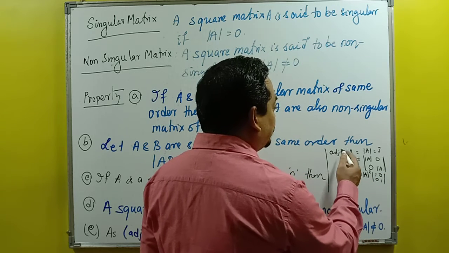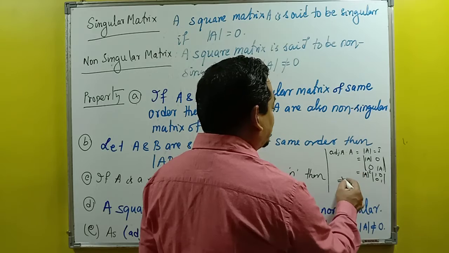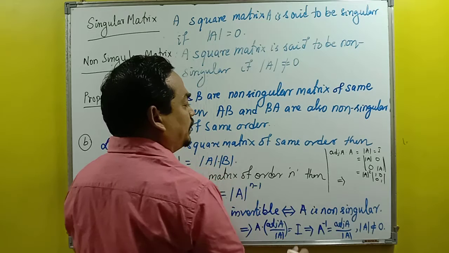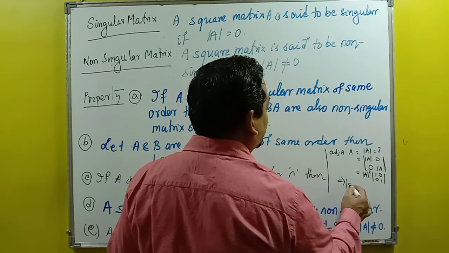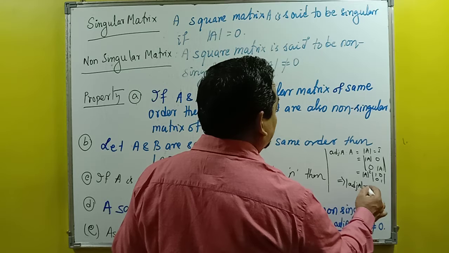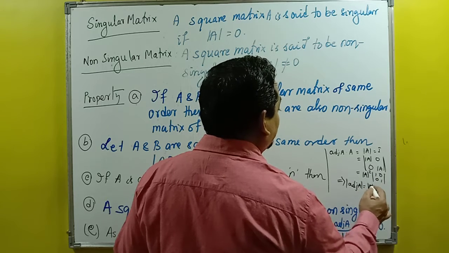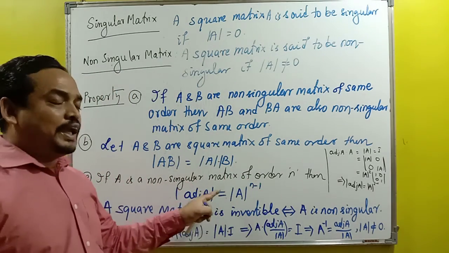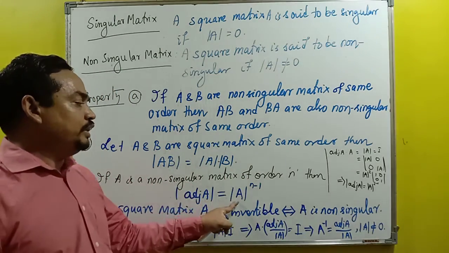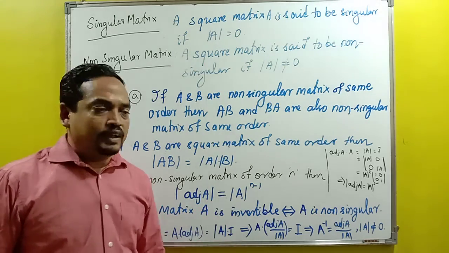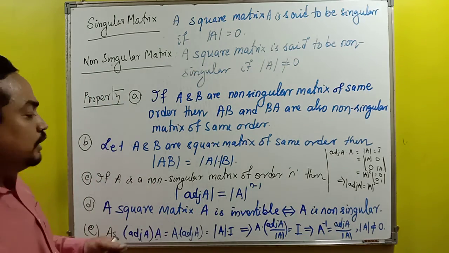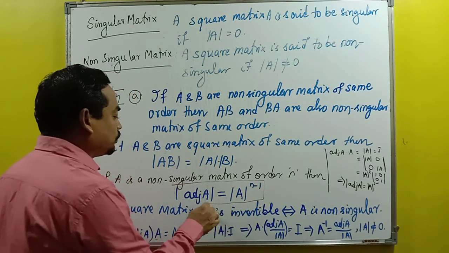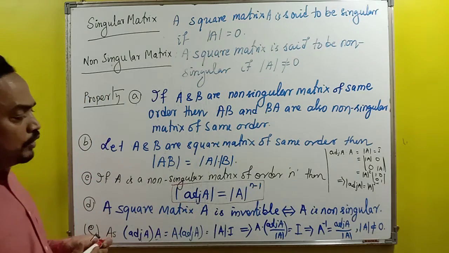And if you take the determinant on both sides, by the earlier property it will be determinant of adjoint A into determinant A. What do you get? Determinant of adjoint A is equal to determinant A only, to the power 2 minus 1. Similarly we can get it for nth order. Determinant of adjoint A is equal to determinant A to the power n minus 1. So this property is very important, you need to remember it. Most of the time in your board exam a short question is asked on it. So you have to remember this one.